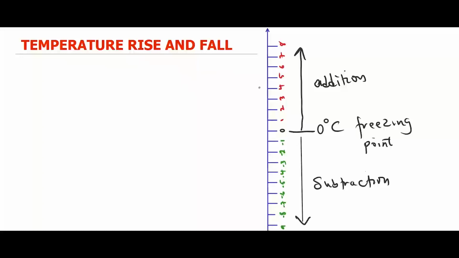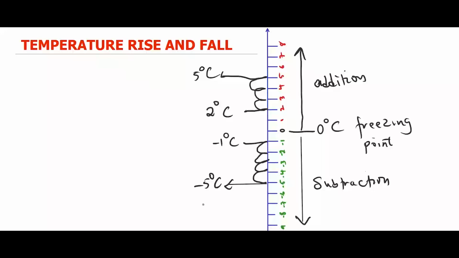Let's take for instance a temperature. The temperature of a substance is at 2 degrees Celsius. If it goes up by 3 degrees, that means you have to count up 1, 2, and 3. So the new temperature will be 5 degrees Celsius. Also, if the temperature of a substance is -1 degree Celsius and it falls by 4, that means you have to go down 4 times. Then you have 1, 2, 3, 4. So the new temperature will be -5